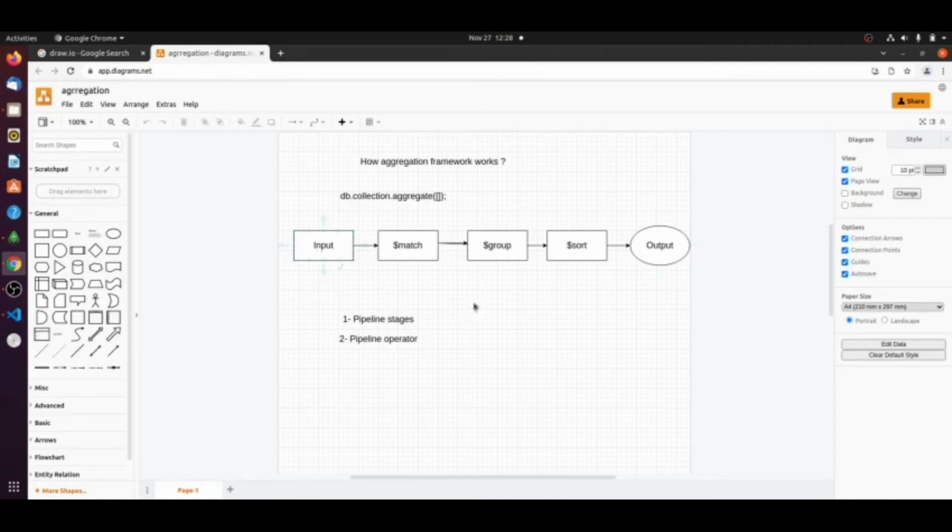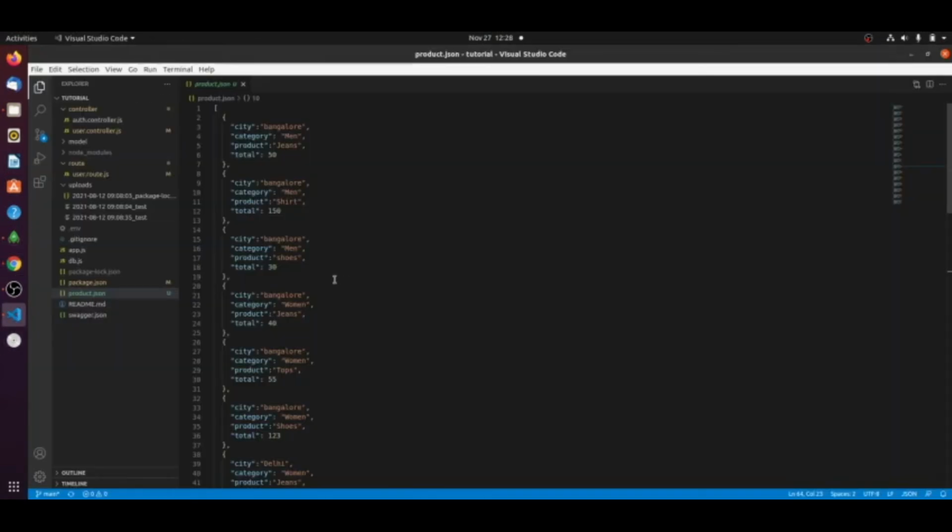First we'll give some input, we'll write some query, we'll match some document and filter it. After filtering we'll group as per some category, and after that we'll sort and we'll see the output. In the same document, for Bangalore city there are some categories like men and women.